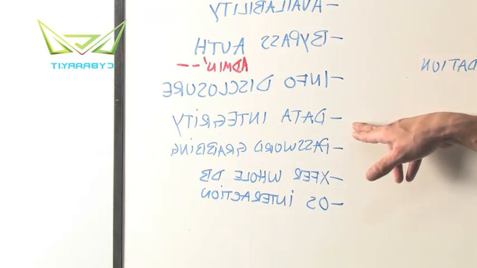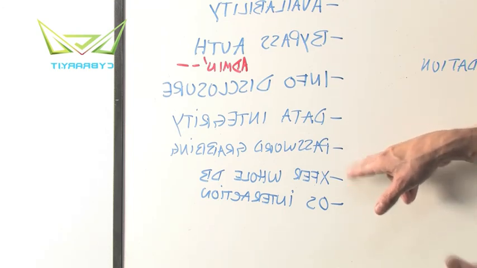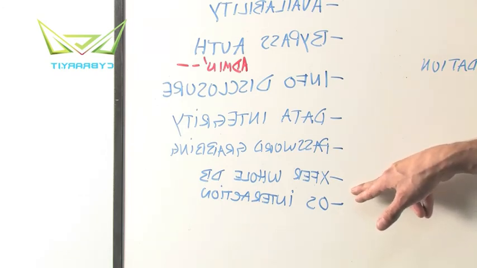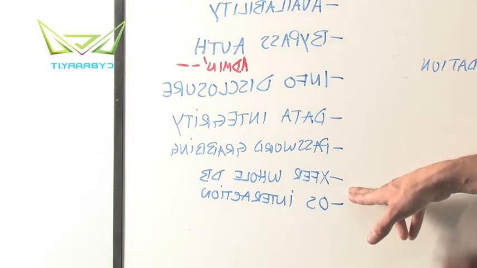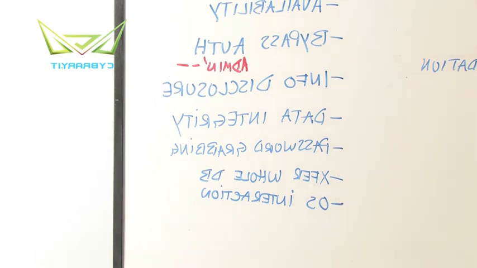You can change the integrity of the database and the tables. You can do things like password grabbing. You can transfer the whole database from the server to the client. One of my favorite techniques, one technique, you got the whole database. Or allow the database to interact with the operating system. This is